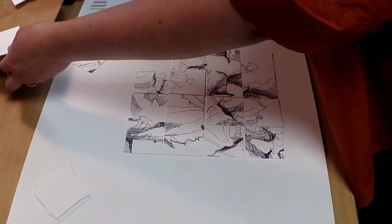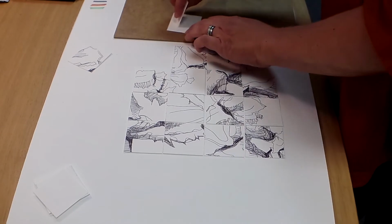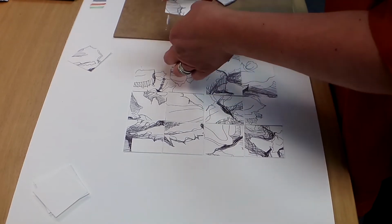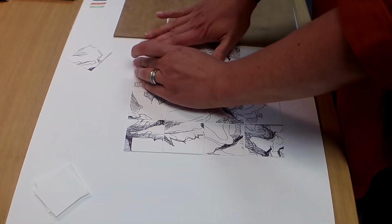And what I'm doing is, I've got some PVA here. And what I'm going to do is spread the PVA really thin on the back of that piece of paper. And then I'm going to start sticking them on. Okay,